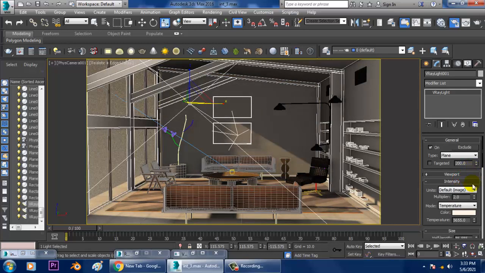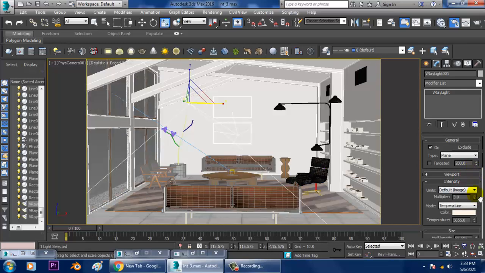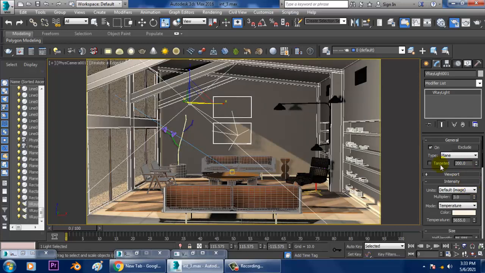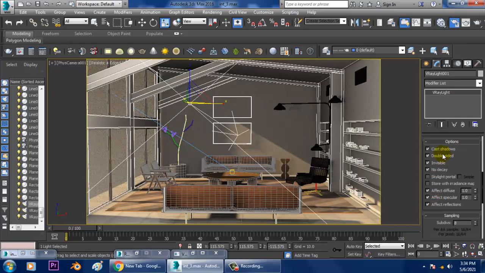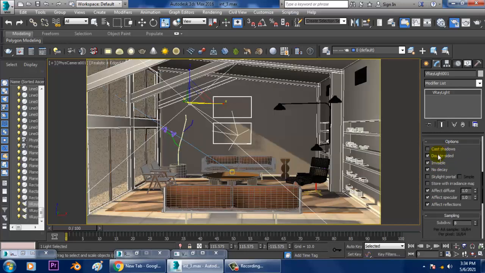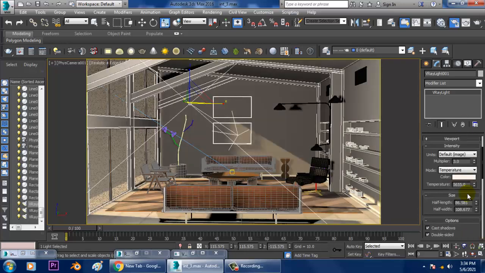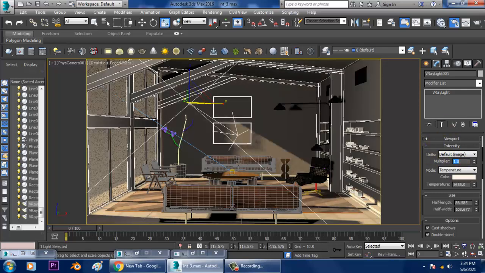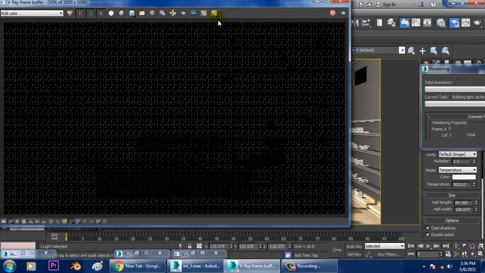Again, turn off the cast shadows if not required. And also if I increase its intensity, as you can see the intensity is increasing, I'll reduce its intensity to 1 over here, or I can max make it as 2 over here, and let's see the render how it looks like.